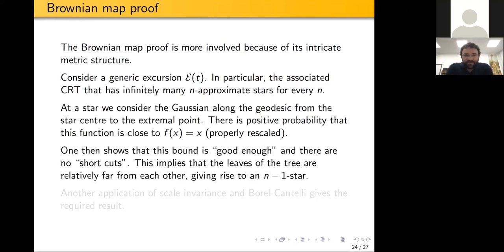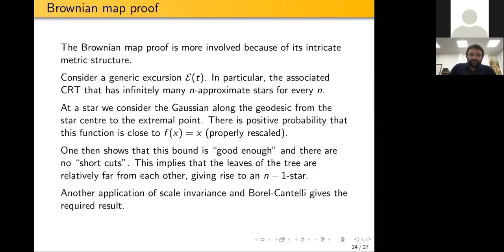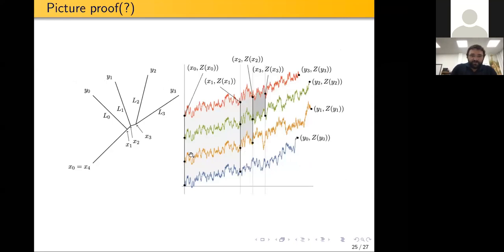So I'm not going to give you any details here, but really you want to be able to give probability estimates on these Gaussian processes along these geodesics to say, okay, there's also some positive probability, which is also somewhat scale invariant. And you do this by looking at the probability that along these trees, you have a Gaussian which has this bias in it. And by having this bias, you can then say, well, if there's enough bias, then these points, so let's say the point y3 here and the point y2, must still be far enough from each other by just saying, okay, the